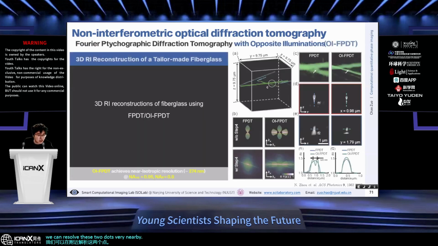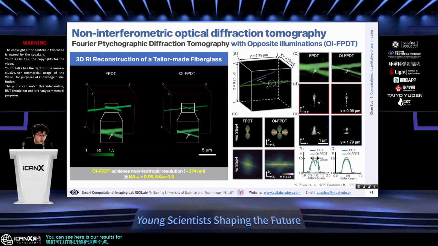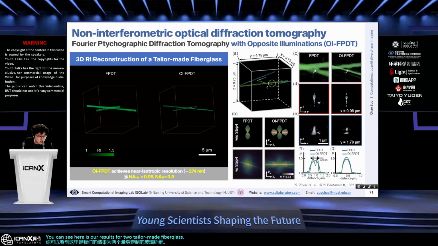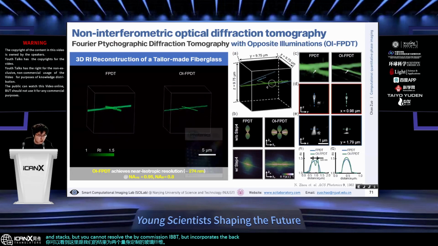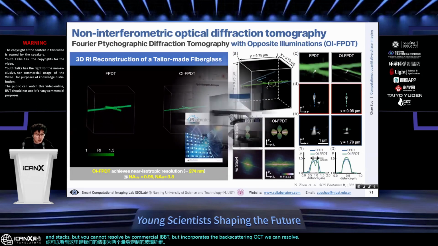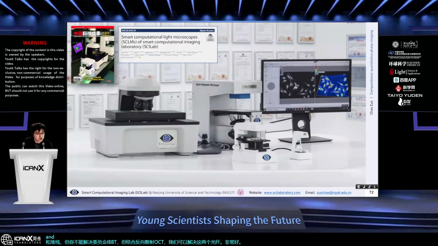You can see here is our result for two tailor-made fiberglass fibers. They are actually stacked, so they cannot be resolved by conventional IDT, but by incorporating the backscattering OCT, we can resolve these two fibers very nicely. And finally, I want to show you some